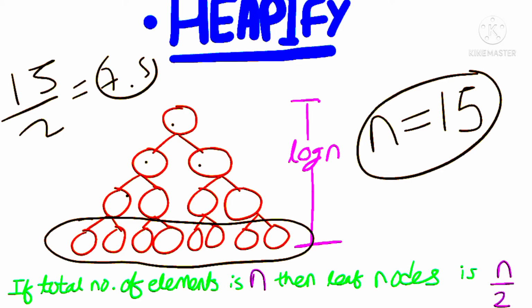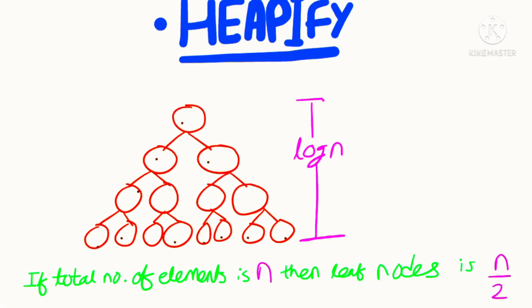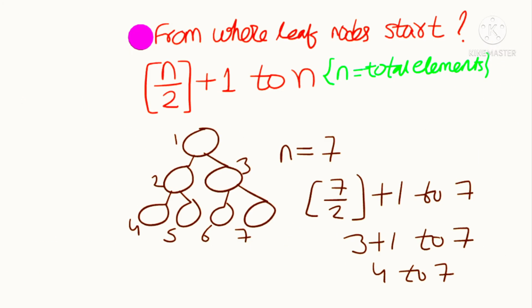So how much are we getting? 1, 2, 3, 4, 5, 6, 7, 8. It is 8. Okay, we are not taking the values in points. Now you know how to find the leaf nodes from the number of elements. It is n by 2. And the height of the binary tree is log n. Now in a binary tree, how many leaf nodes are present? How will you calculate that?